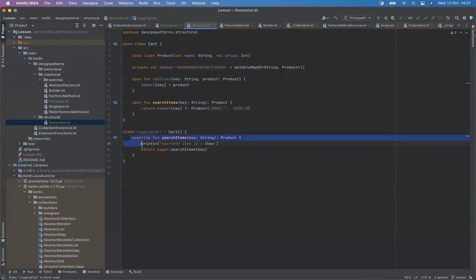The child can override the search behavior in this case without changing the parent's search behavior by saying, okay, I'm going to do what you do, which is the search implementation here. But on top of that, I'm going to log what you're searching for. So we are extending the behavior here, right? And tomorrow, the same, next here, we can check whether the